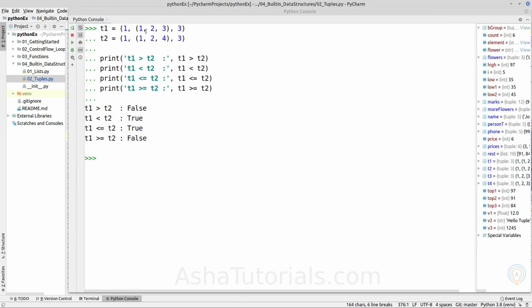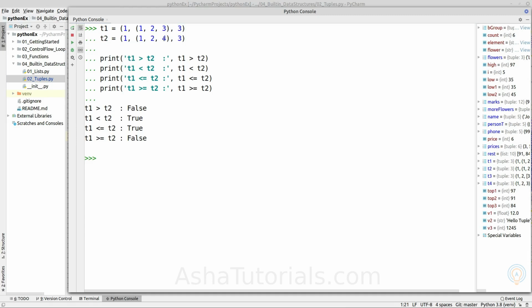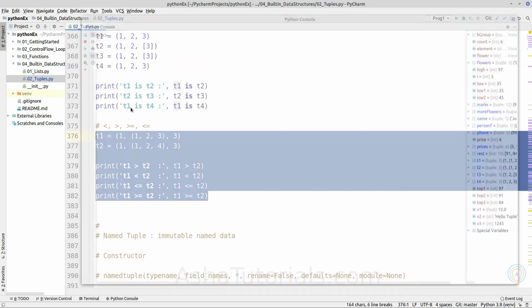As we can see, it will also compare the values inside the inner tuple object. So at this position, it will find that T2 has a value greater than T1, so it will return true for less than and less than or equal to.